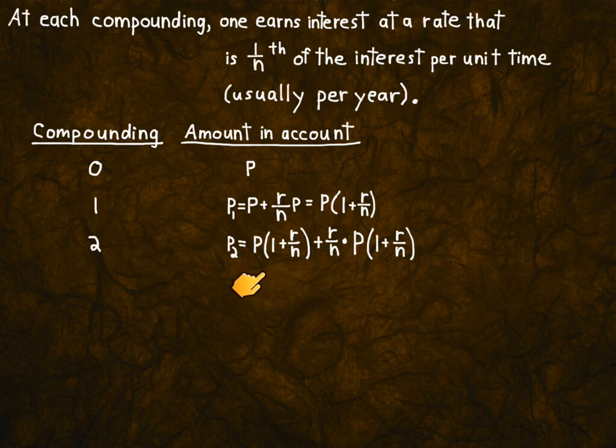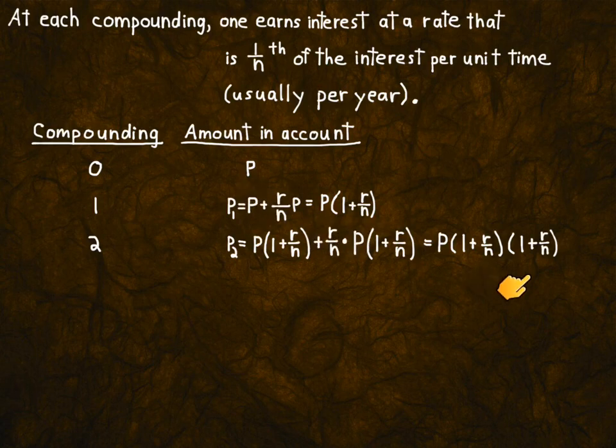Now I'm just going to factor out the P times 1 plus R over N, and you'll see what's actually happening is you take the original principal, I've compounded twice, this is 1 compounding, multiplying by 1 plus R over N. So not too surprisingly, 2 compoundings is you multiply by this twice, which we would normally write this way,